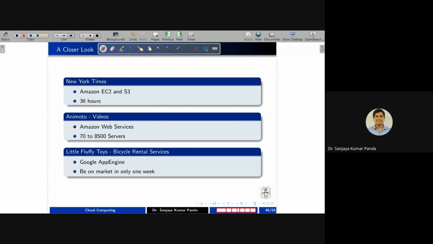But suddenly they saw that many people were interested in their product, so they increased the number of servers from 70 to 8,500. Imagine this much capacity they increased in Amazon. But going from purchasing 70 servers to 8,500 servers is practically impossible. I cannot increase my infrastructure to such a big number if I maintain fixed infrastructure. So that is also one of the real life examples.